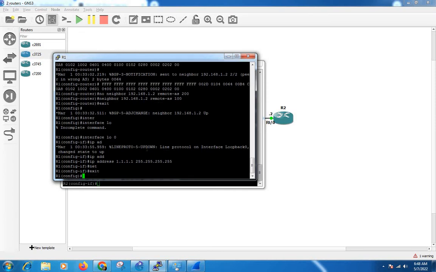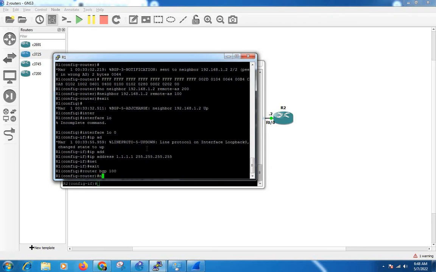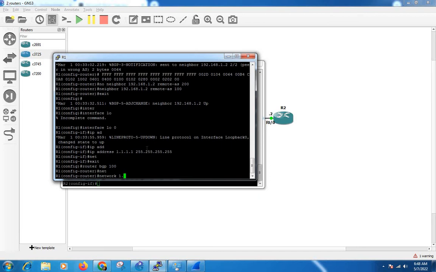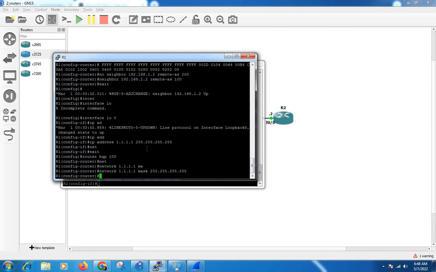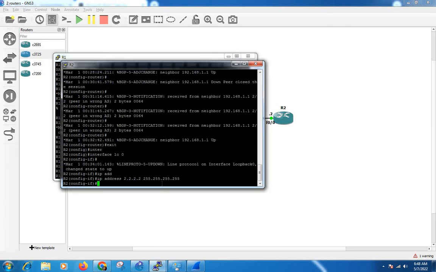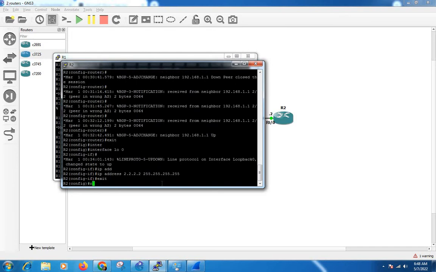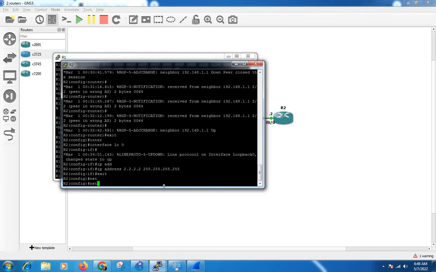Router BGP 100, network 1.1.1.1 mask 255.255.255.255. Let's see the update.